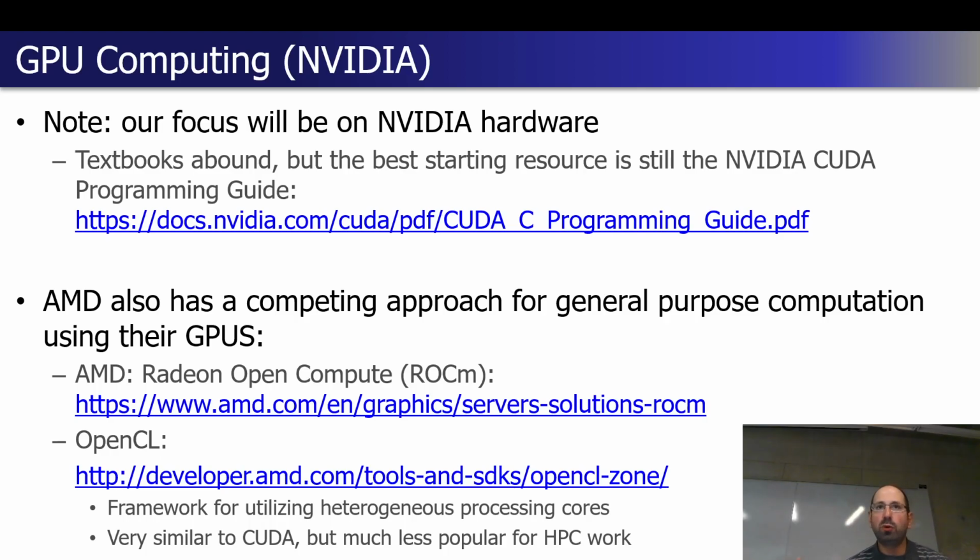OpenCL is meant to be more of a solution for all sorts of different types of accelerator architectures, from really big parallel high-performance clusters to individual GPUs, to custom accelerators using Xilinx or Altera or other types of programmable logic as well. And so there's a lot more you have to do to get Hello World working in OpenCL.